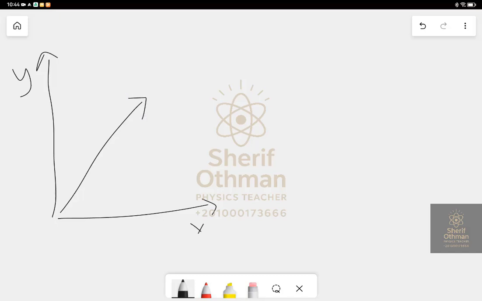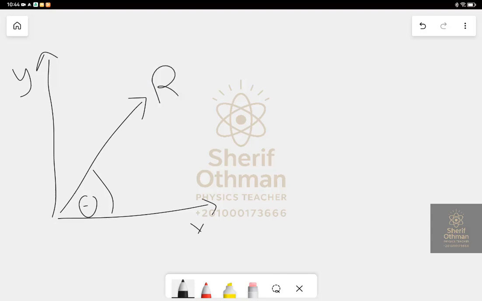Physics and math can't understand the motion in two dimensions. So we have to analyze this motion into two components, one of them in the X direction and the other one in the Y direction. Analyzing them depends on the angle between the component and the X direction. The rules are,